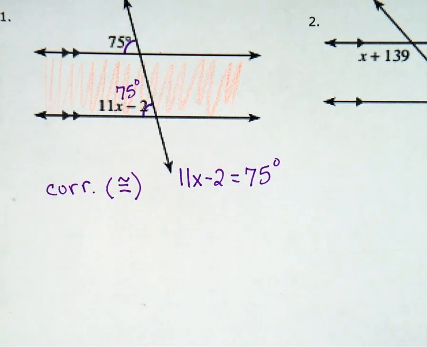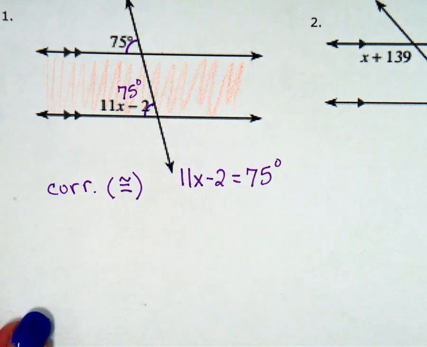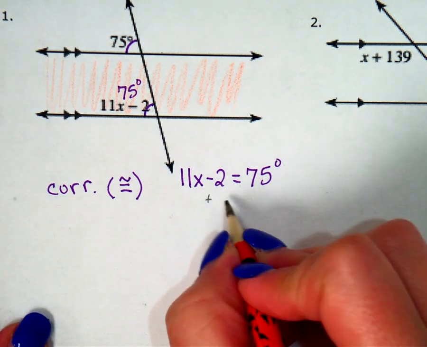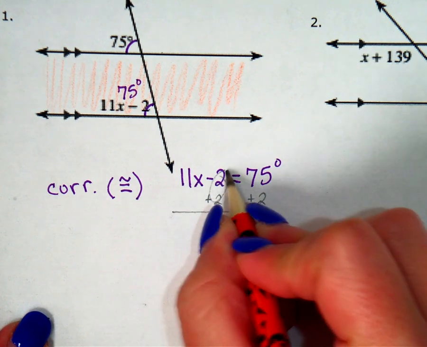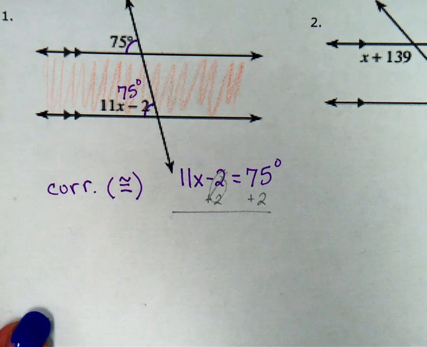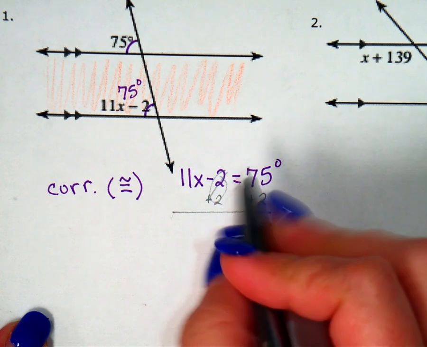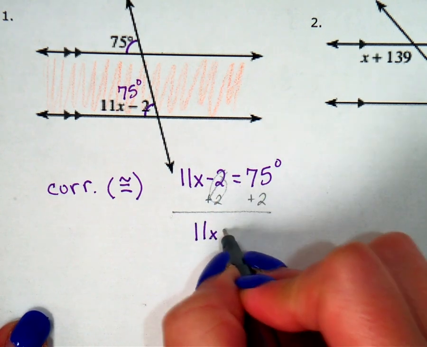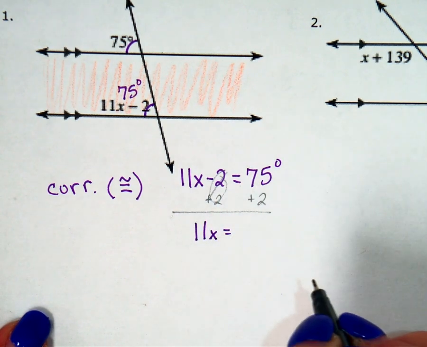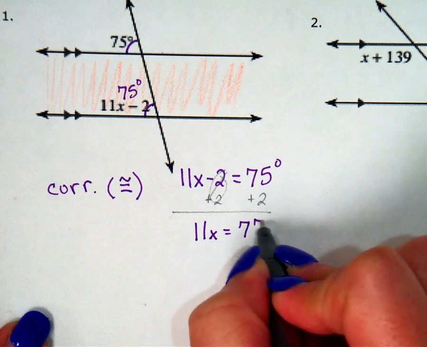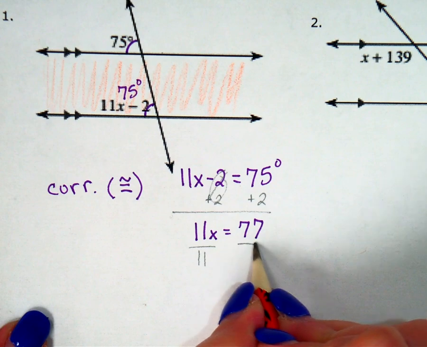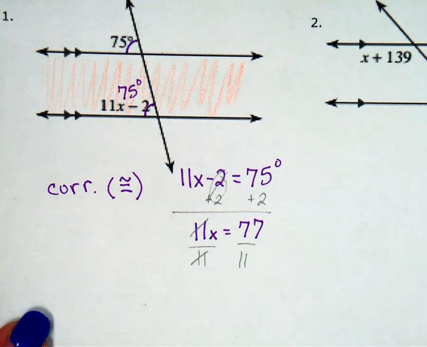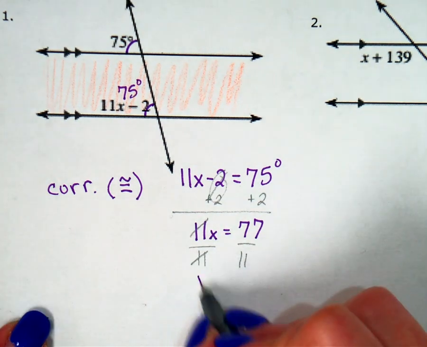Okay, well that's easy enough to solve. When I want to solve this one, I'm going to add 2 to both sides. 11x minus 2 plus 2 is 11x plus 0, equals 75 plus 2 is 77. When I divide by 11, I get x equals